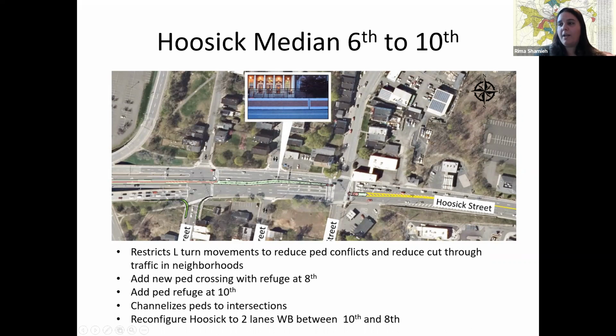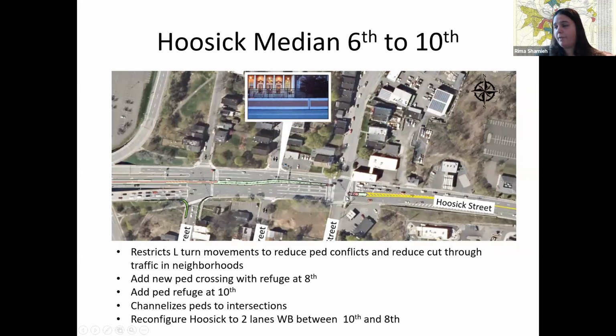Currently there is no pedestrian crosswalk at 8th, and there is none at 9th, but there is one at 10th. However, currently there's no pedestrian refuge at 10th. So this recommendation is proposing to put a median from 8th to 10th, blocking left turn access onto 9th Street, and to make 9th Street a 2-way street instead of a 1-way street.